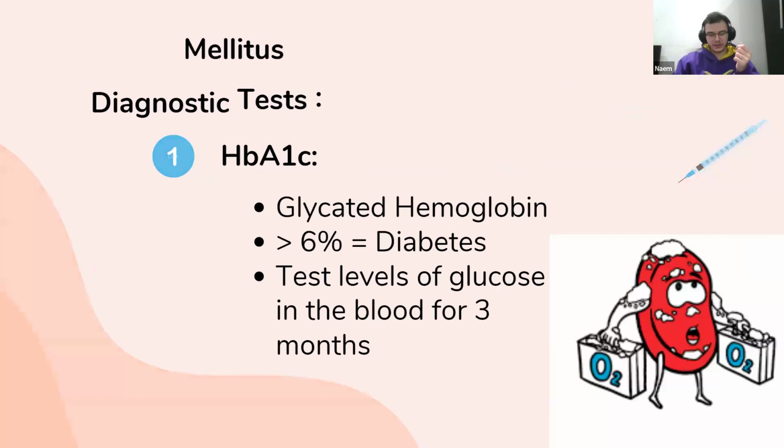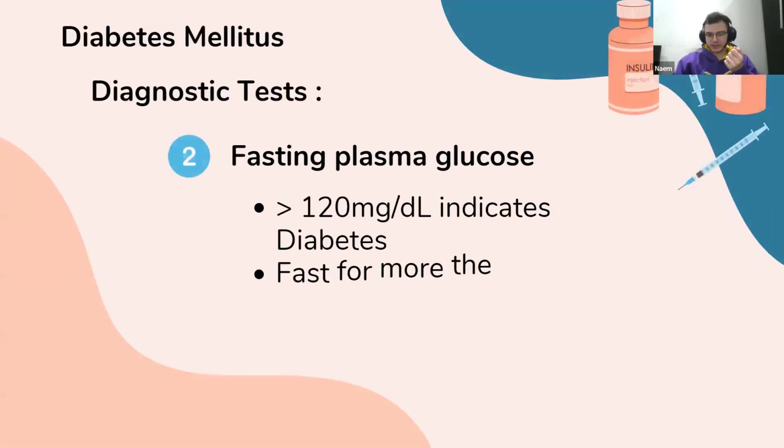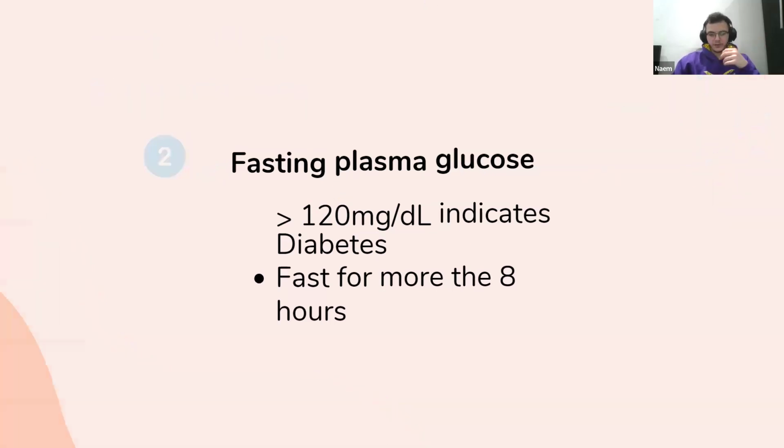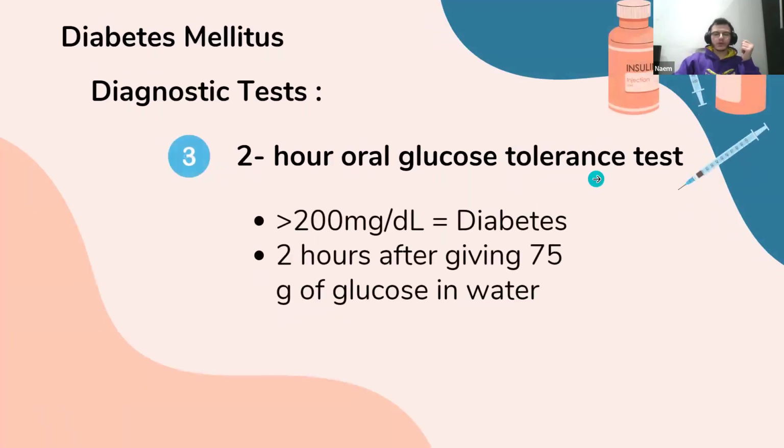HbA1c is for 3 months. For fasting plasma glucose, know that they need to fast more than 8 hours. And to be honest, I suggest knowing the number. It's like three numbers. Just know them. Very simple to memorize. Now for the third test, which is